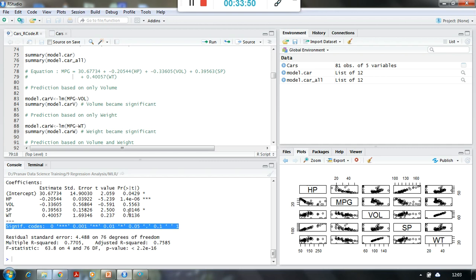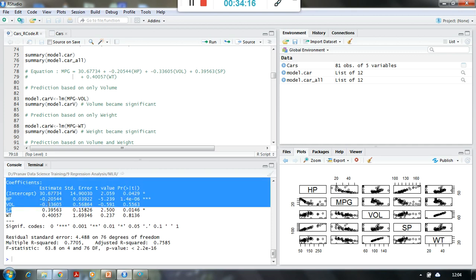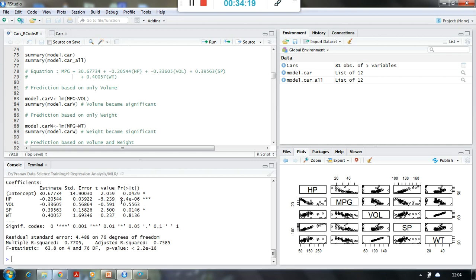When they are not significant, our approach should be like this: HP and SP also have a collinearity problem, and volume and weight also have a collinearity problem. But what is the problem we are having with volume and weight? That collinearity can also be accepted, like in the case of HP and SP, if at least the coefficients we are getting for the respective variables are significant. But if you have collinearity and because of that the coefficients are also not becoming significant, then that is a problem.